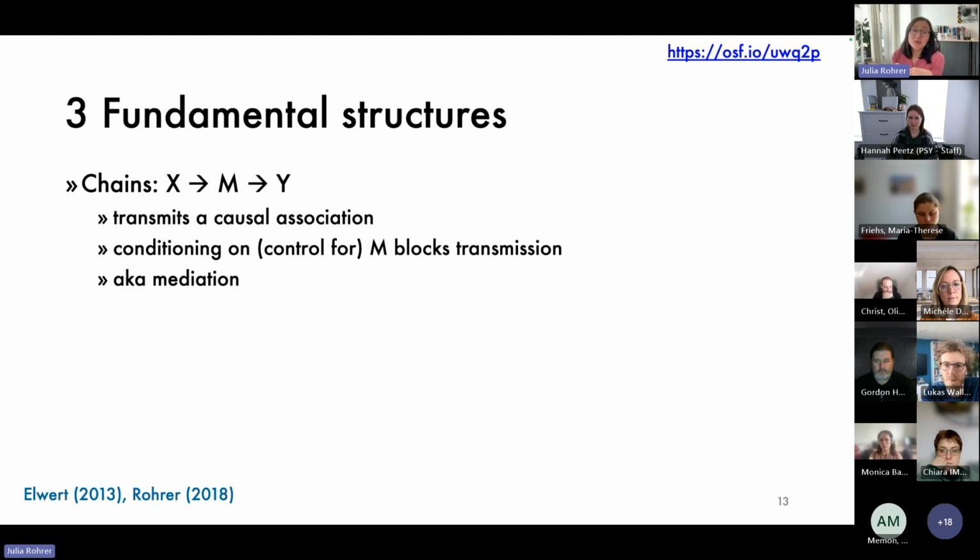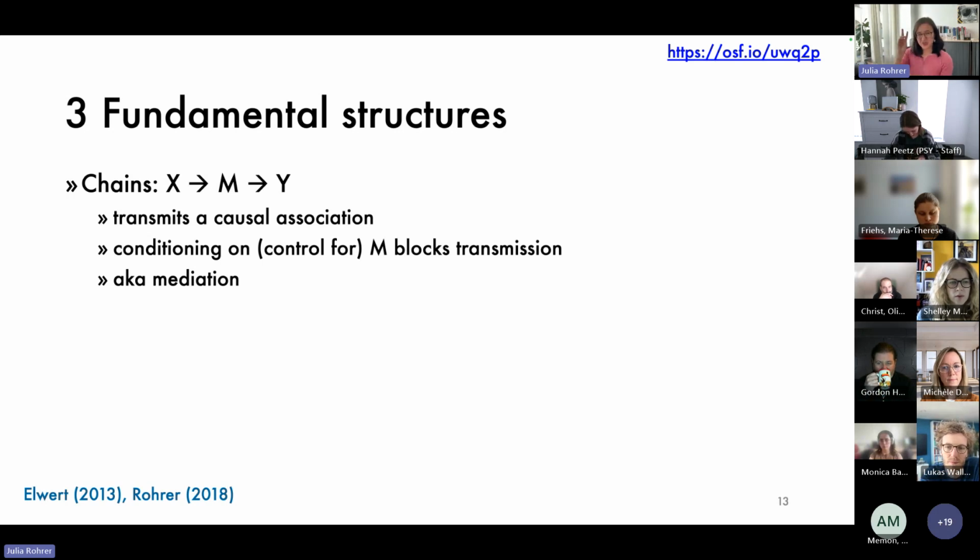And as you might also know from the context of mediation analysis, once we condition on the variable in the middle, for example, by statistically controlling for it, we block the transmission of the association here. I'm going to talk about conditioning a bit later because it's a fairly general term. For now, you can just substitute it with statistical control, which I assume many of you know: you just include that variable, for example, in your regression model or as a covariate in your ANCOVA model. So that's the first fundamental structure: it transmits a causal association, which can be blocked by conditioning on the variable